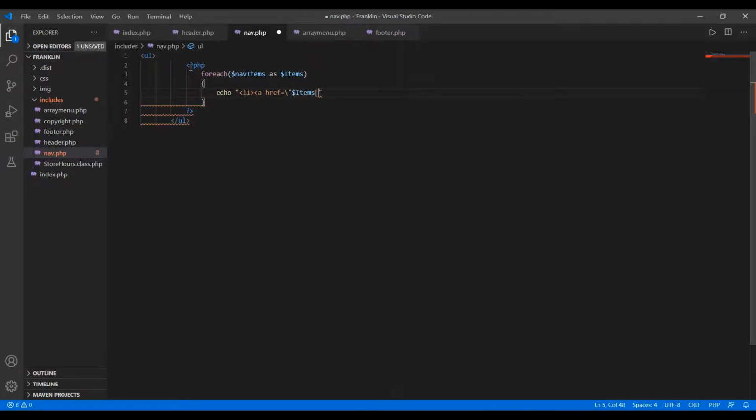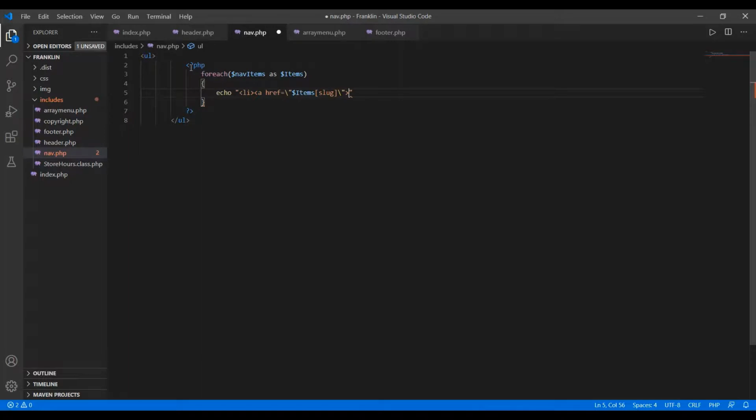First you need to give the reference of the file, that is the .php file. The associated value is slug, so put that value here, slug. Then again backslash and double quotes, then close the anchor element.